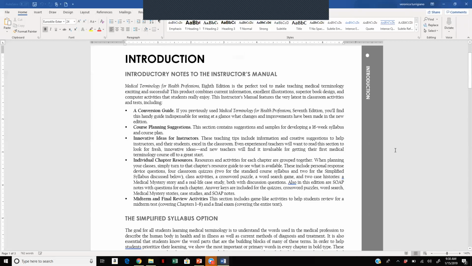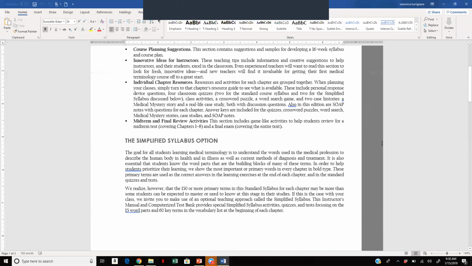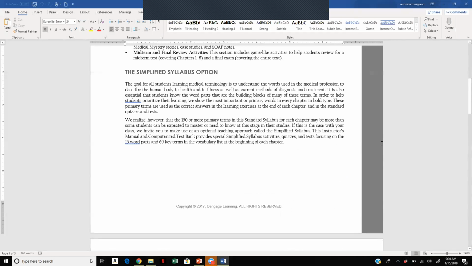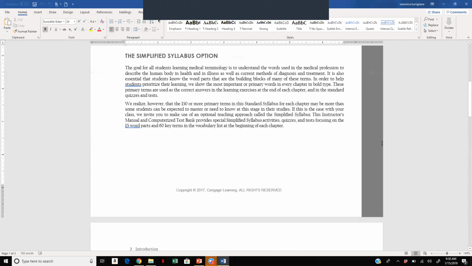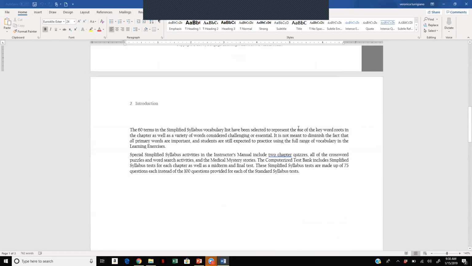Here we go. Okay, so course planning. You have the simplified syllabus option. And right, then the standardized one has more than 150 terms. But it looks like